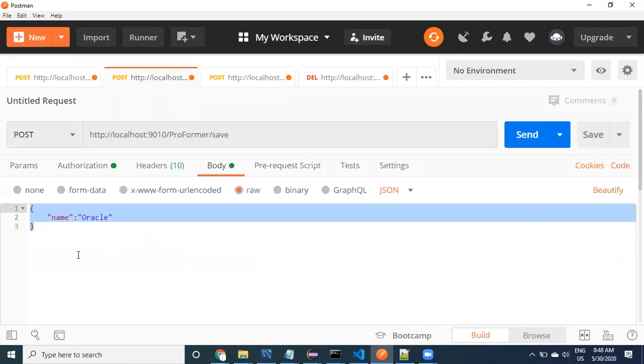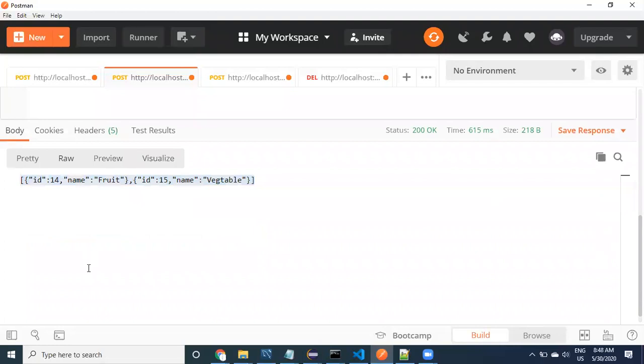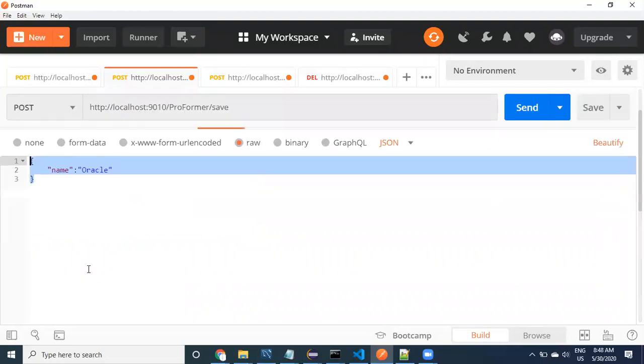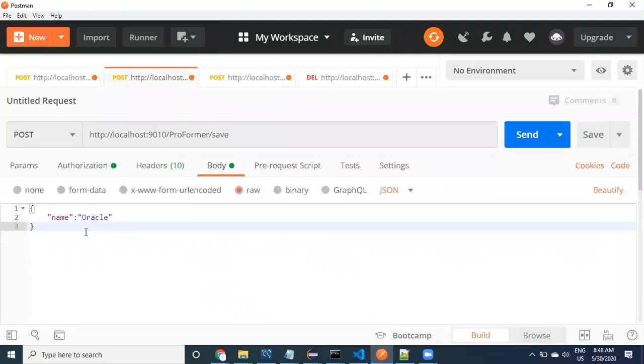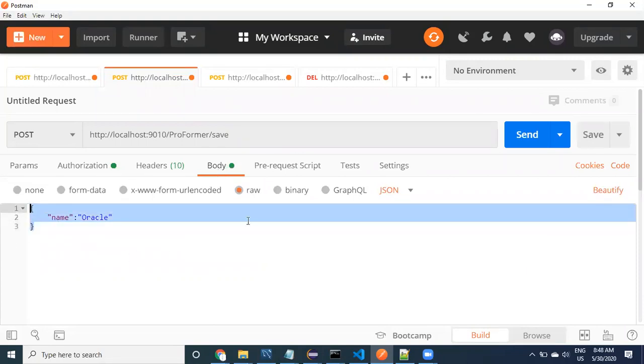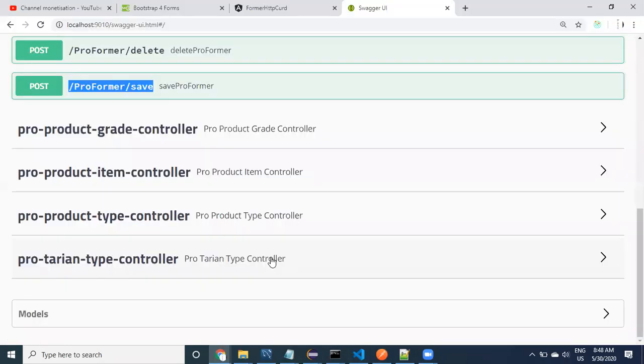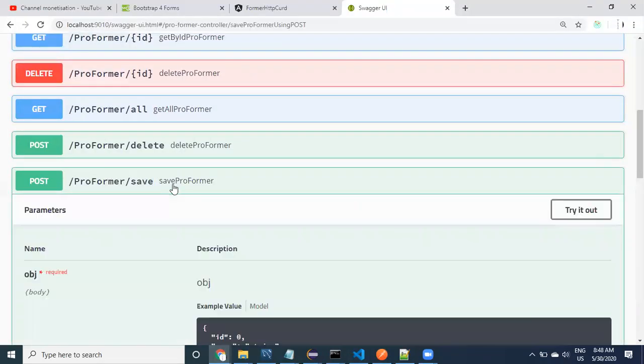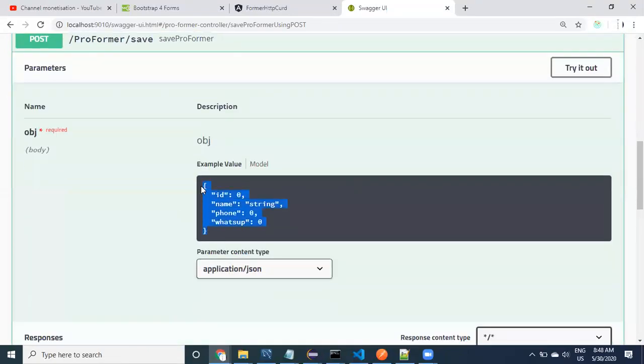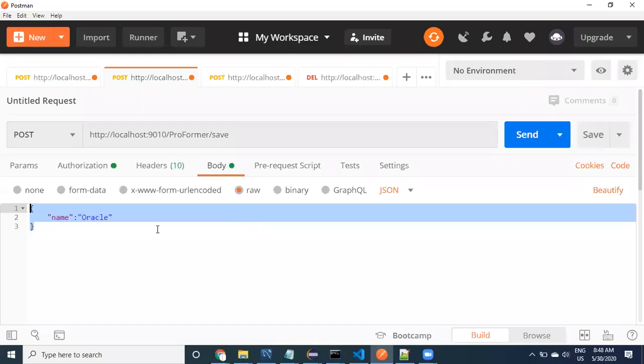Why? Because this is the request body. Check it out, guys, while you are taking. This is the response body. I cannot change it, but the request body can be changed. Select the body and then provide here. Which one I have to use? The sample. You can come to here, click on this, and then copy this particular one.